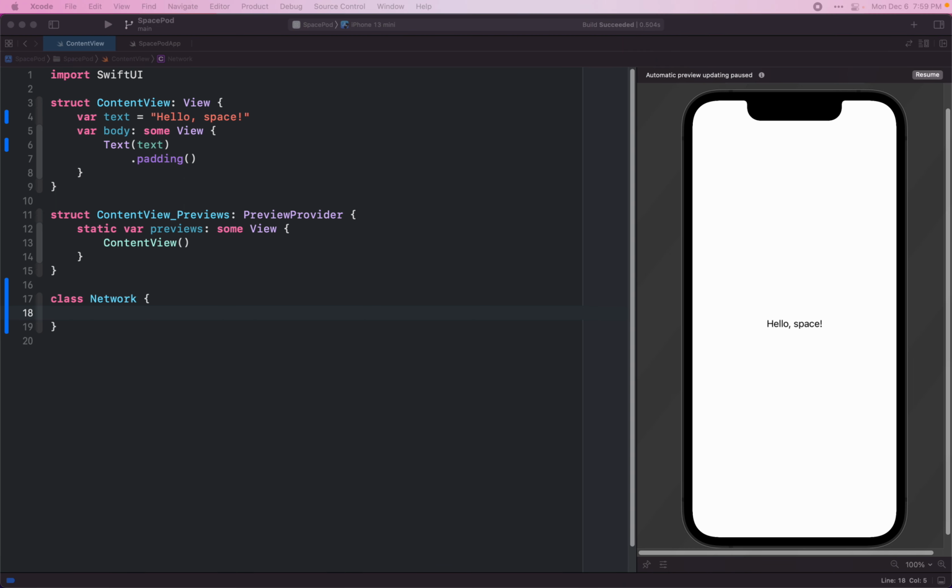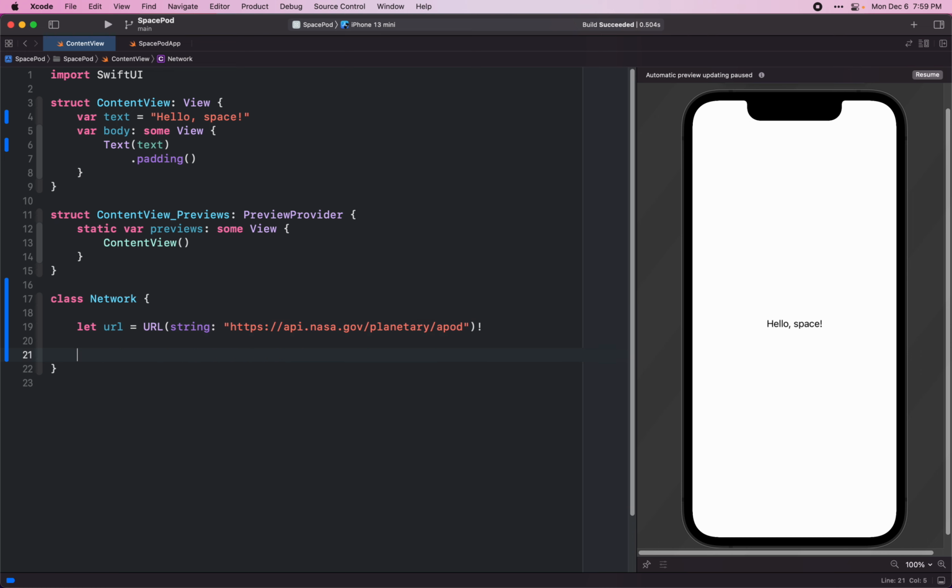We're going to create a class called Network. For right now, we'll leave it in this file while we work, but before we're finished, we're going to move it out into its own file. And I've pasted this just to make sure we get it right. Pause it if you need to. We are setting our URL as the APOD endpoint on the API, NASA's API, and